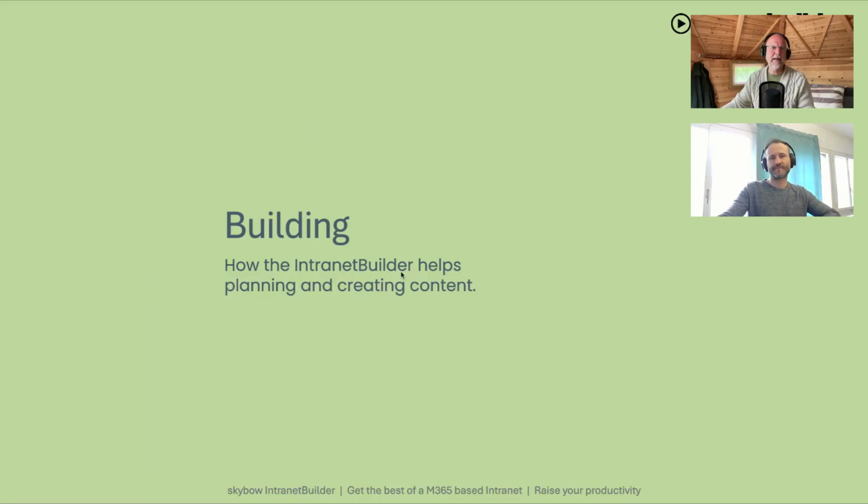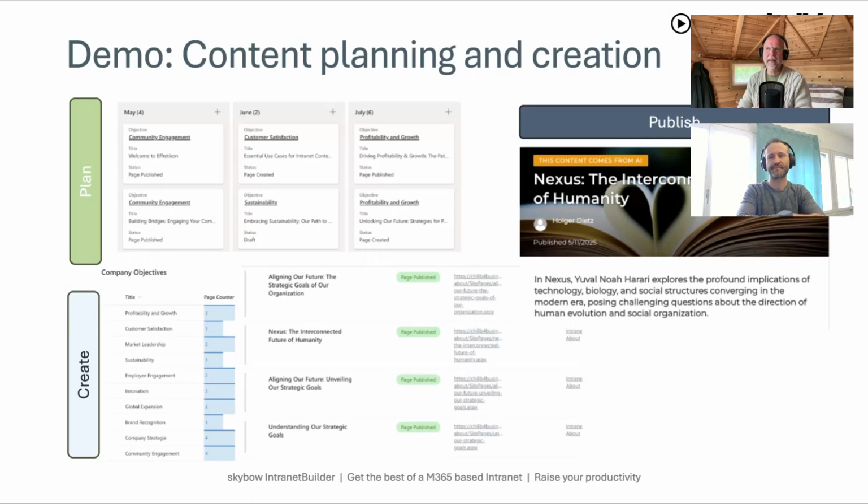So let's start. When we take a look later in Skybow, we will see there are three parts or stages which Skybow is using. It's named building, packaging, and publishing. That's why we chose those sections in our webcast. We start with the building section, and we will take a look at what we made here behind the scenes and explain a little bit how it is